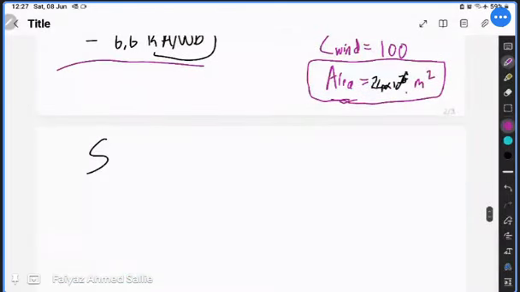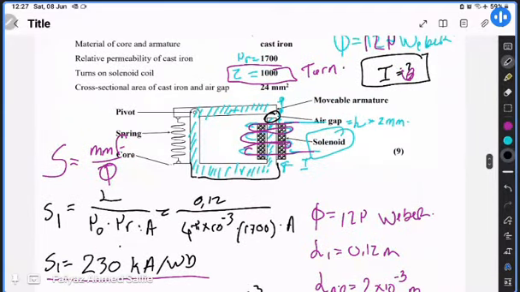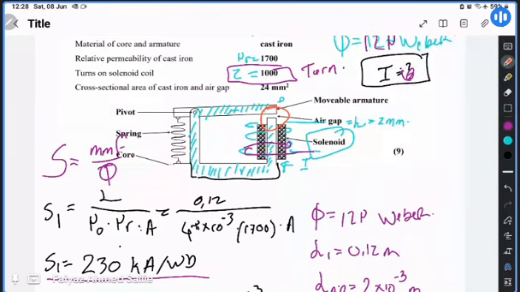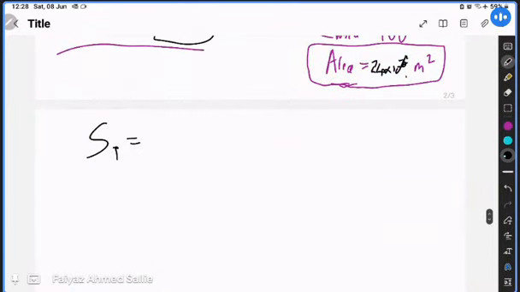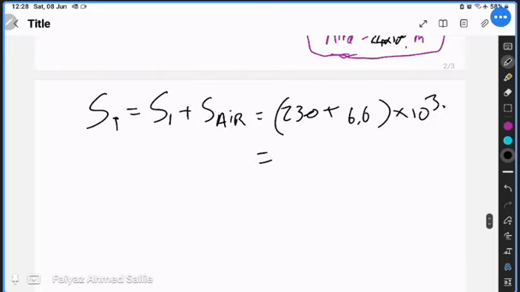So continuing with the question, we are going to get the total reluctance because there is no material at this location here. There's no material here, so that means we have to add it. So let's add S1 plus S of A, and we have 230 plus 6.6 times 10 to the 3, and we have an answer of